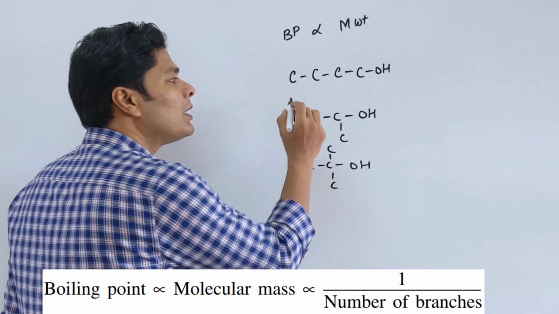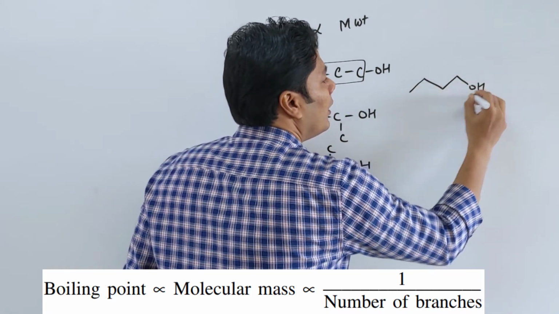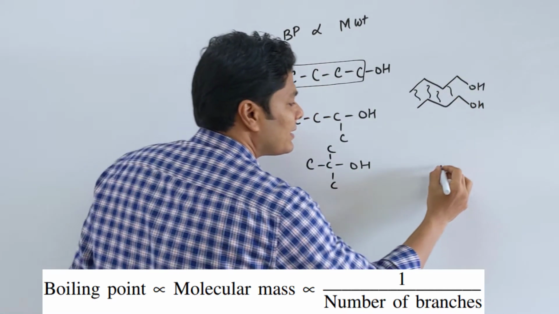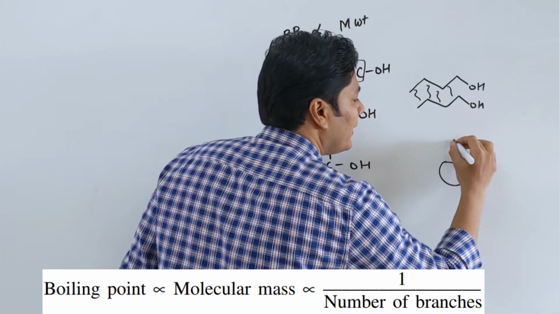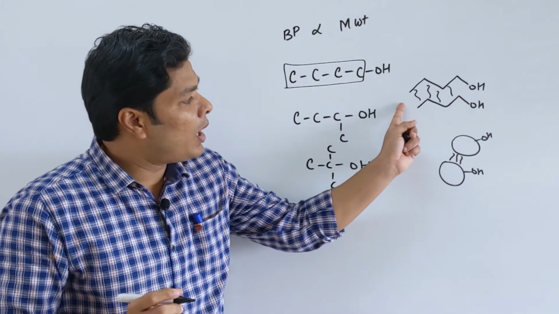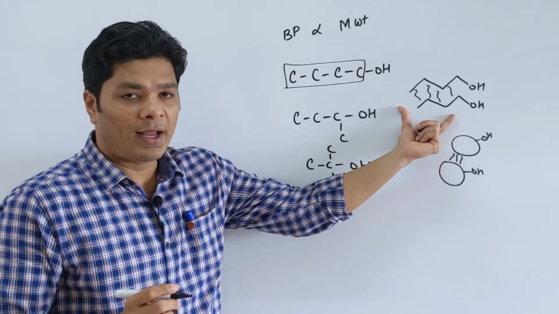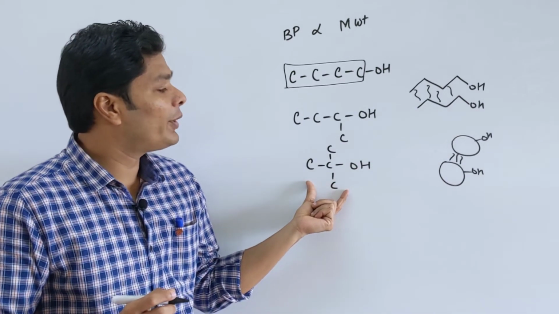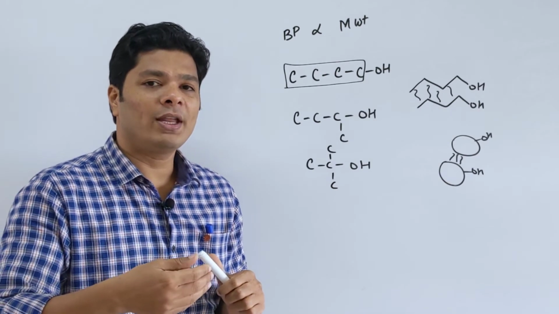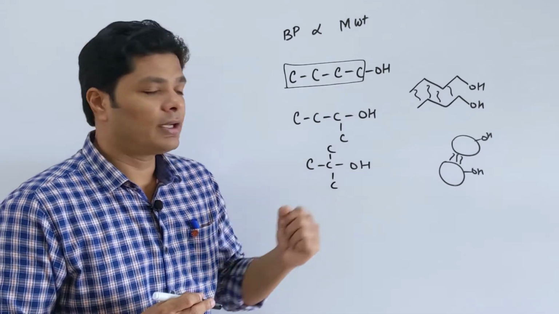The reason being, the longer the chain, the more it can interact with other molecules, whereas the spherical one cannot interact with other molecules that efficiently. This has a lot of different places where the aliphatic chain and aliphatic chain can interact, meaning the van der Waals forces are high. So anytime you have branching, the boiling point goes down. So boiling point can be set in the order for similar molecular mass: a 3 degree has a lower boiling point than 2 degree, which has a lower boiling point than 1 degree. So that's another trend that you want to remember.